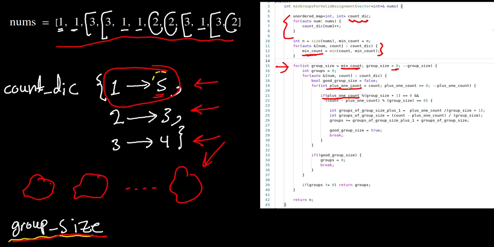So plus 1 count equal count, and when we subtract until we reach 0, we check if plus 1 count mod group size plus 1 equal 0, and the remaining, which is count minus plus 1 count, mod the group size. Notice here we have group size and here we have group size plus 1. Both should be equal to 0. If this combination works, we add to the answer